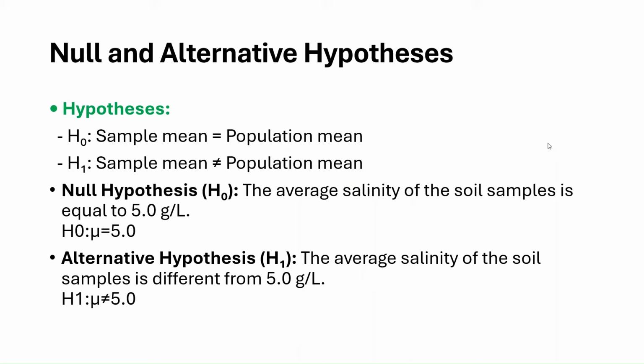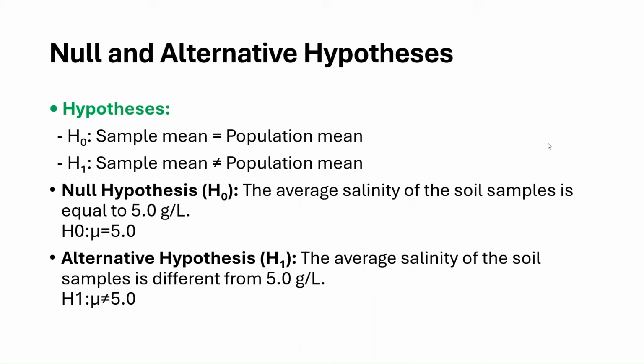So here we will say sample mean is equal to population mean, and the alternative hypothesis is sample mean is not equal to population mean. We then see whether the null hypothesis is rejected or we fail to reject it, to see if there is a meaningful difference between sample mean and population mean or not. From the previous question, what will be the null hypothesis? Because there is a mention that the average salinity of the soil sample is different from 5 or not,